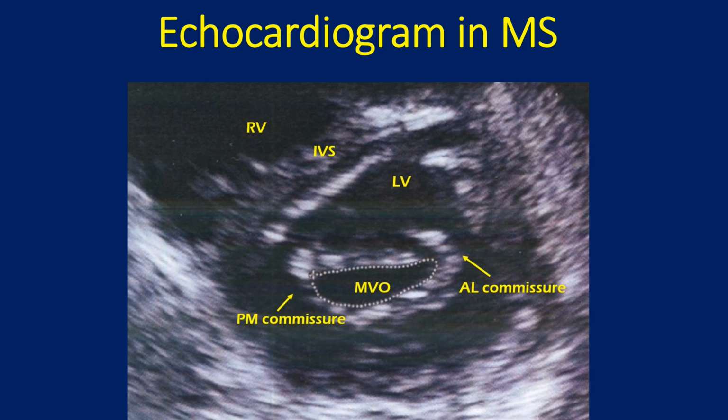Parasternal short axis view showing mitral valve in cross section and anterolateral and posteromedial commissures. The valve leaflets are thickened and the commissures are fused. The cut is slightly oblique as a good cut should appear circular. It is often difficult to get a good circular outline of the mitral valve due to varying anatomical features of the chambers and cardiac position.